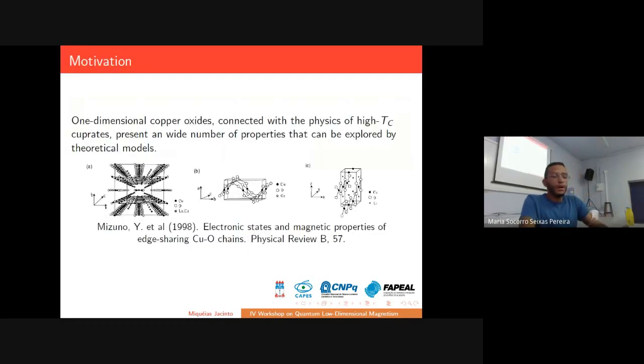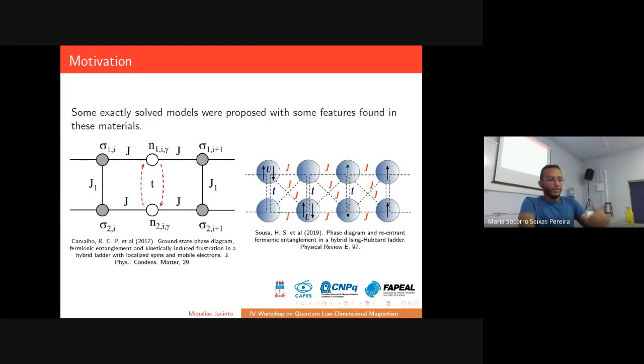Our motivation comes from the one-dimensional copper oxides, connected with the physics of the high-TC superconducting cuprates, which present a wide number of properties that can be explored by theoretical models. Our group here in Alagoas, with some collaborators, explored these properties, like the layer structure presented by these materials, in some exactly solved models